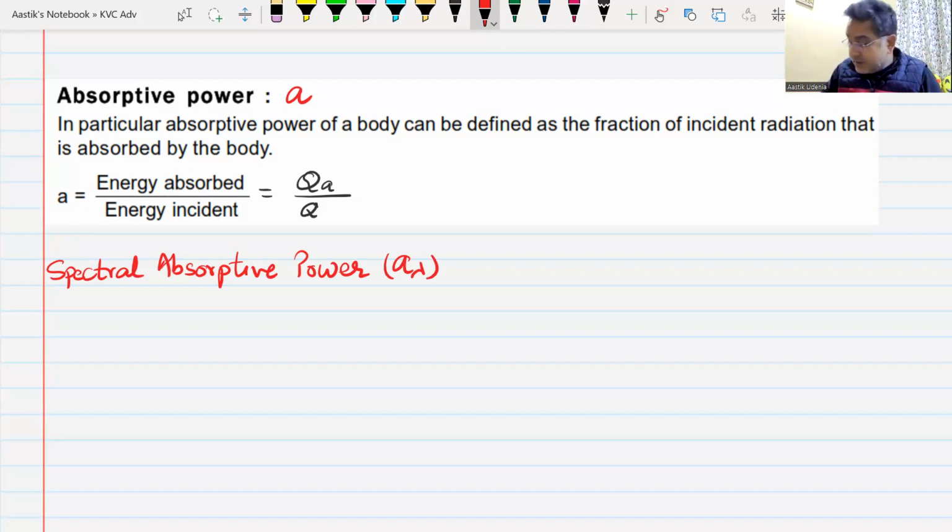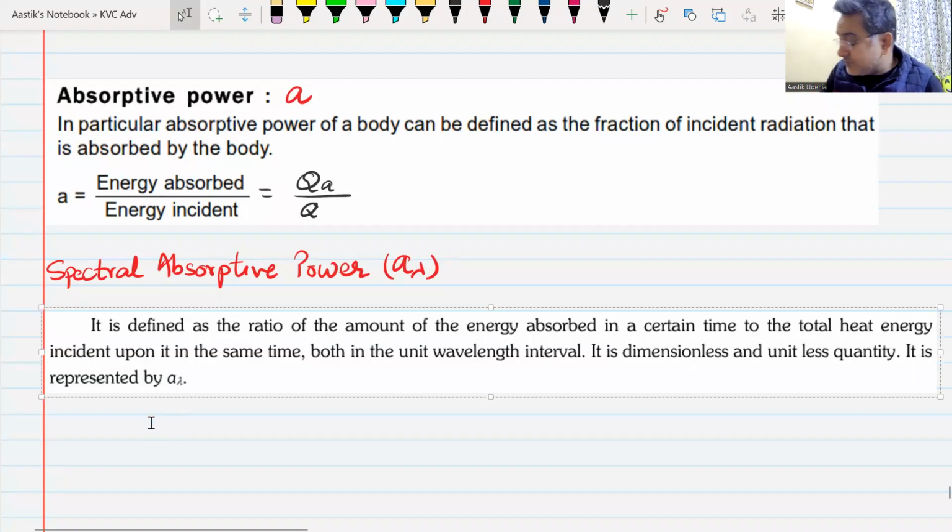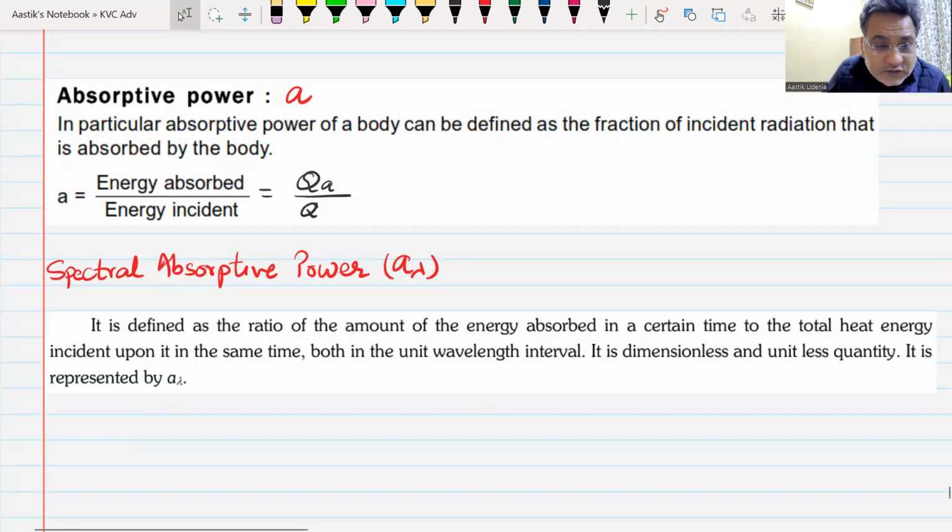If you take a unit wavelength, how much energy of a unit wavelength is falling on the body, and how much energy of that unit wavelength is absorbed, that is known as the spectral absorptive power. Do we understand this? For example,